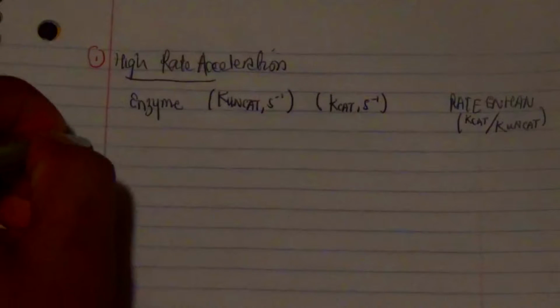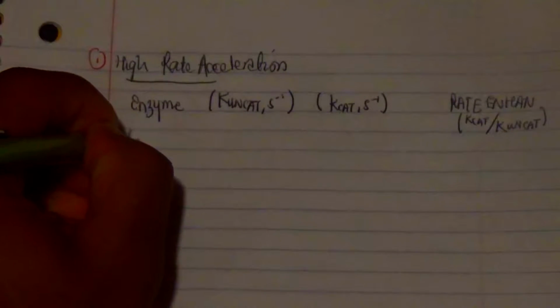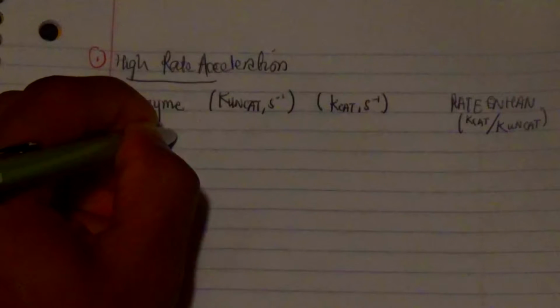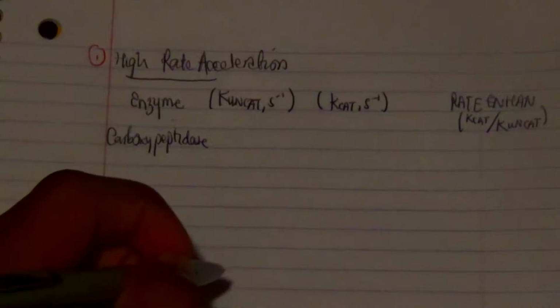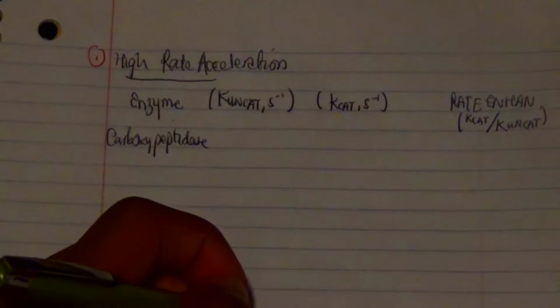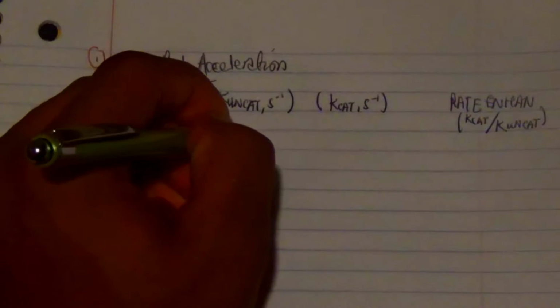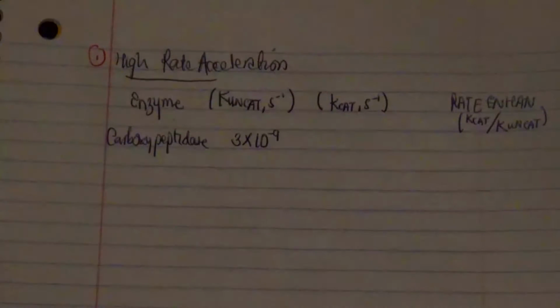Now, the first enzyme is called carboxypeptidase. This enzyme is quite crucial in organic reactions, most especially electrostatic catalytic reactions in the presence of zinc. Let's look at this enzyme when it is not in a biological reaction system. What we discovered is that if you remove it from a biological system, it takes 10 raised to the power 9 seconds